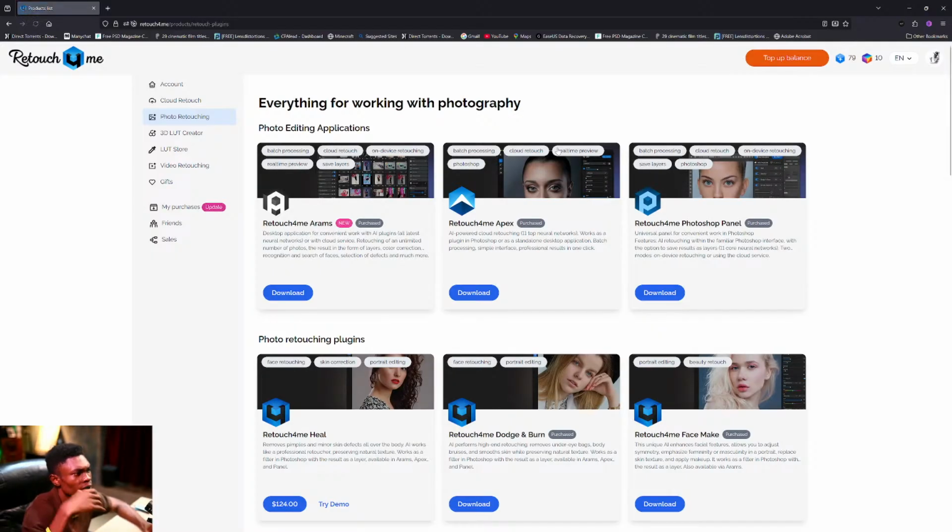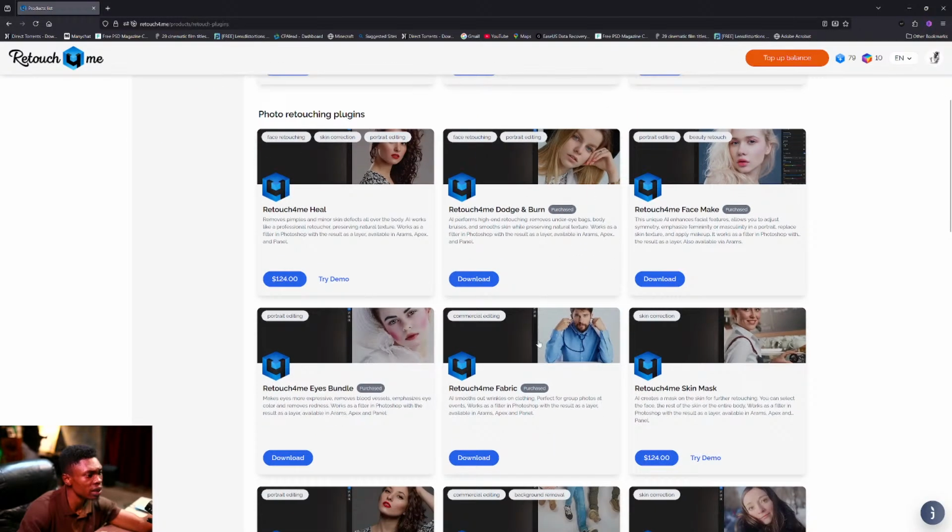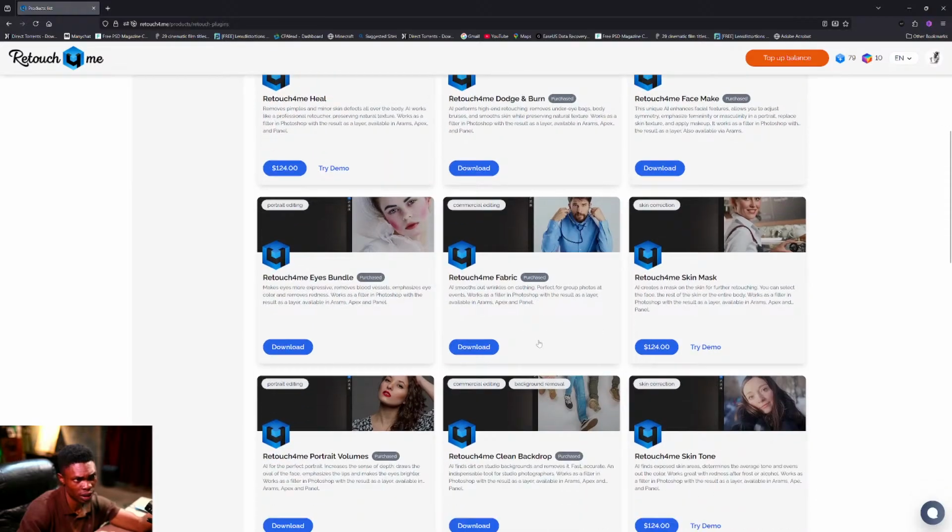All these ones show as purchased. So see Retouch4me here, now $124, but with my promo code you get them for about $90 something. Likewise most of these other software, but because they show as purchased here, you won't see it.